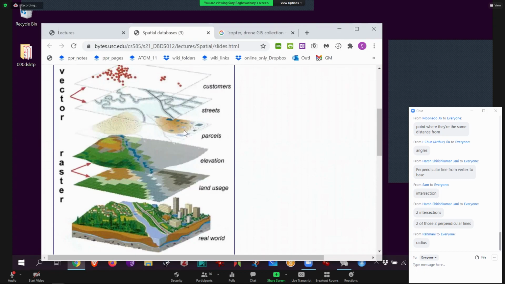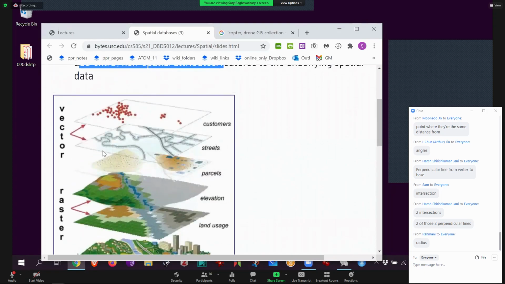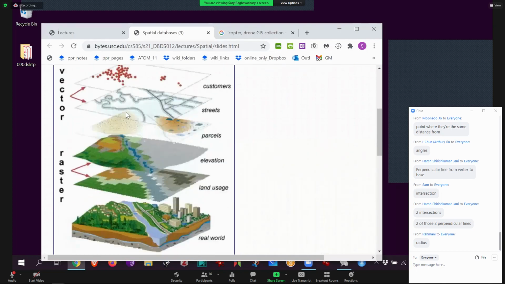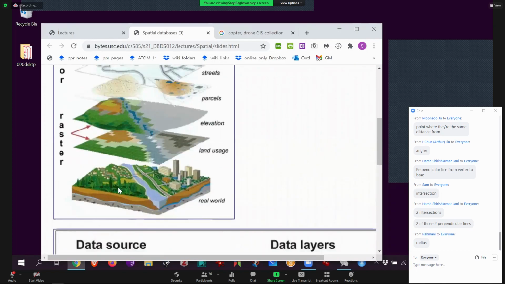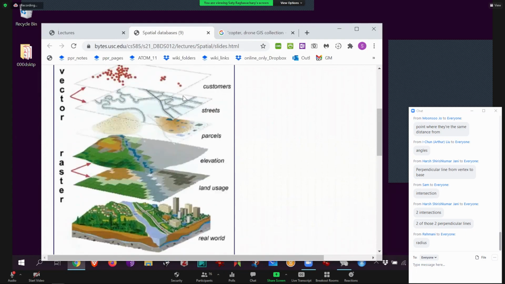Parcels, so what the city leases out to developers or sells to people, that's called a parcel. So parcel data can be a separate layer. And then the actual map that you and I use, the street names and so on, can be a separate layer. And then non-spatial data, customers. So take the address of all my Amazon Prime people and put them on a map and see where they're clustered. So that is non-spatial data, but on a spatial database. And then when you add all those layers, just conceptually, the idea is you're supposed to get the real world. But by breaking it up, I can do different analysis on different parts of it.